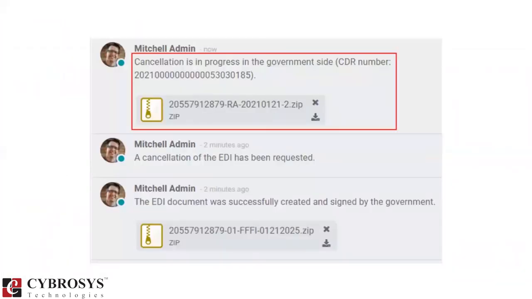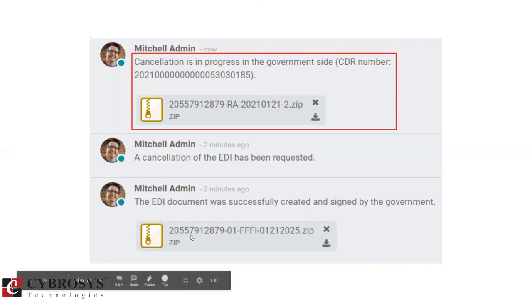So if cancellation is in progress, you can see to cancel in the electronic invoicing. And it indicates that the cancellation request is ready to be sent to OSE, and this can be done either automatically by Odoo, or we can click on send now to cancel. So once it is sent, a cancellation ticket is created and as a result the next message and CDR file are logged in the chatter. So you can download from here.